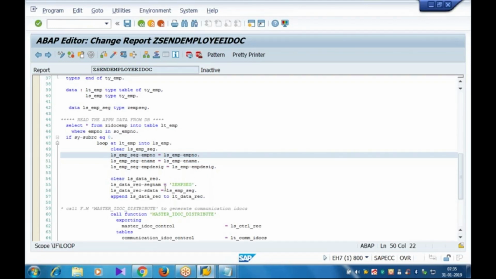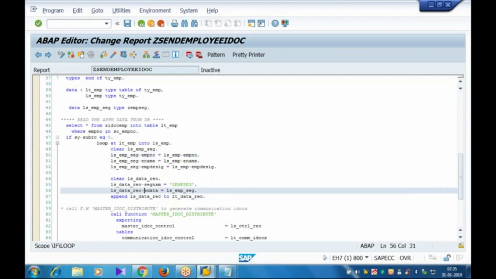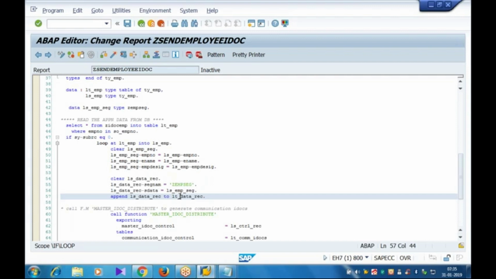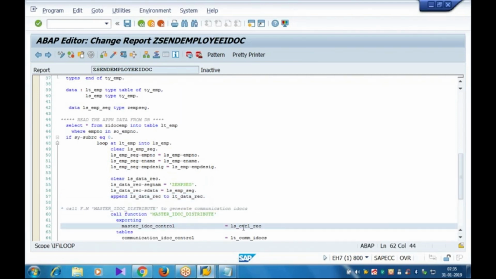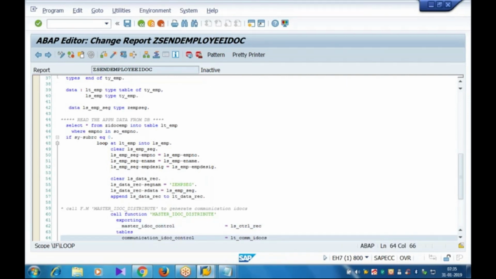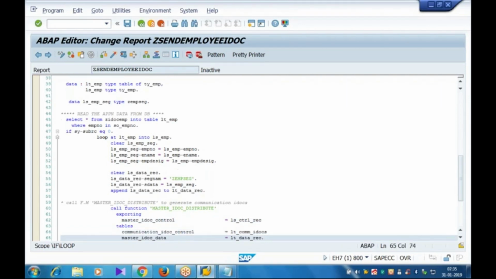Then you can see I'm assigning the segment name and S data. So here this is important. S data equal to LS_EMP_SEG. What is this LS_EMP_SEG? It is a segment structure which contains all the character fields. It will concatenate all the three fields and assign that as S data. Then I'm appending it to the internal table. So once the internal table is ready, I'm calling the function module by passing the control record, the empty internal table for the communication IDOCs, and this internal table which we have prepared. And inside